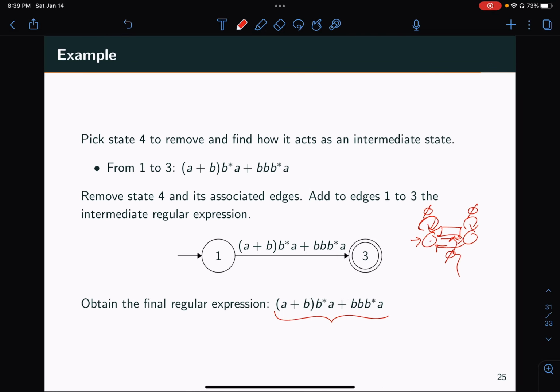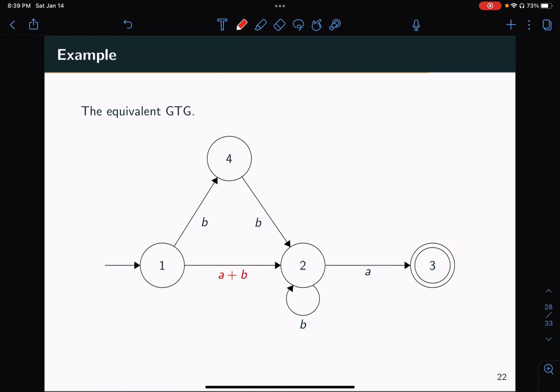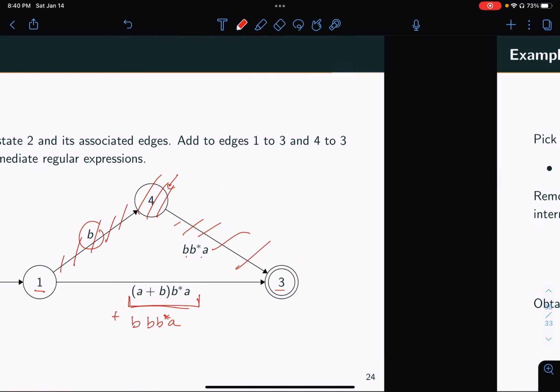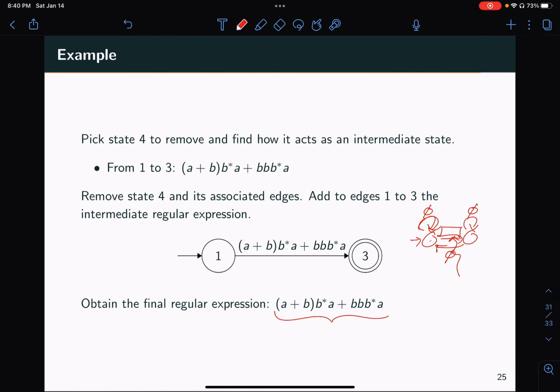And so that's how you start, right? That's how you start with some FA, which accepts some language, right? It might be at first a bit difficult to know what language is accepted by this FA. And so that's why this is sometimes useful, because now when I look at this regular expression, I can see, oh, well, the strings accepted by this FA, they're either at least 3 B's, then ending with an A, or